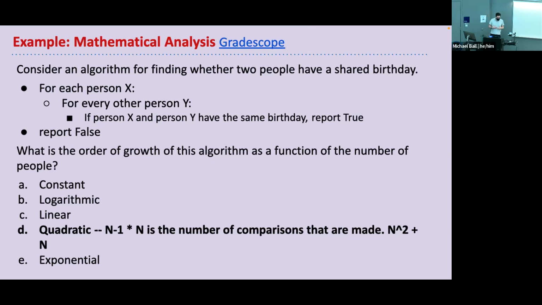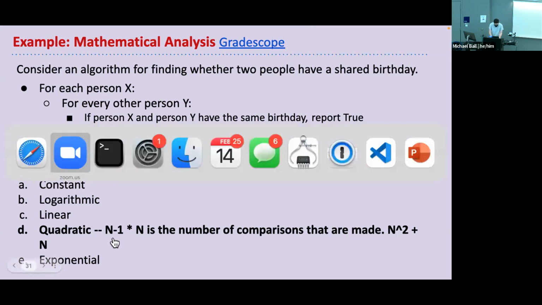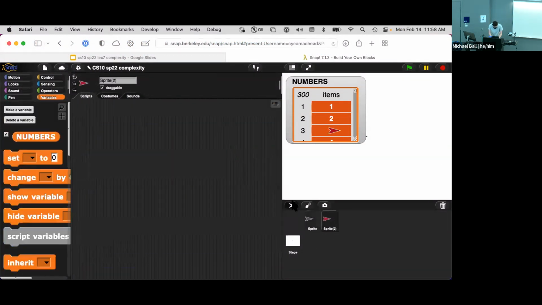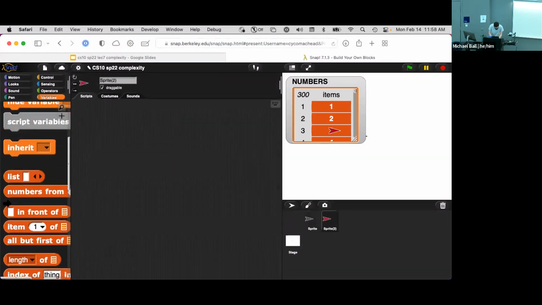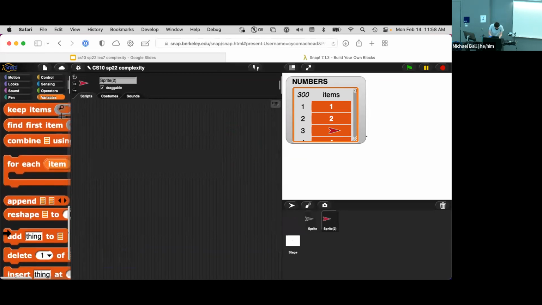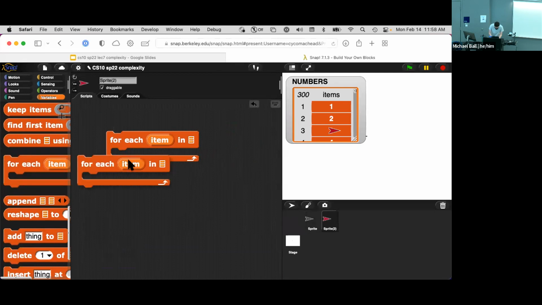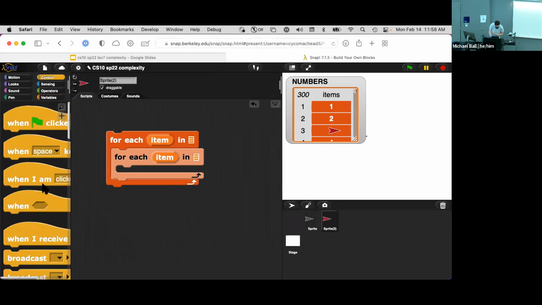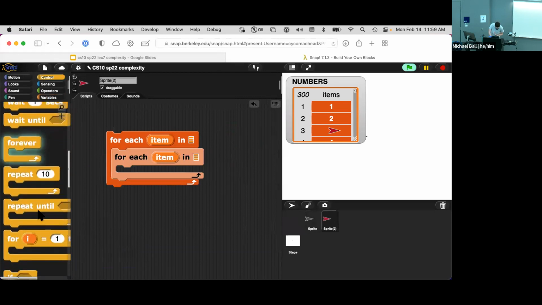And so this is one of those cases where the mathematical intuition will take some time to build, but we can formalize this to say this is n-1 times n conditions that we'd have to build. And if we were to think about this in the case of a for loop, we might do something like for each item in our list, and then say for each item again,